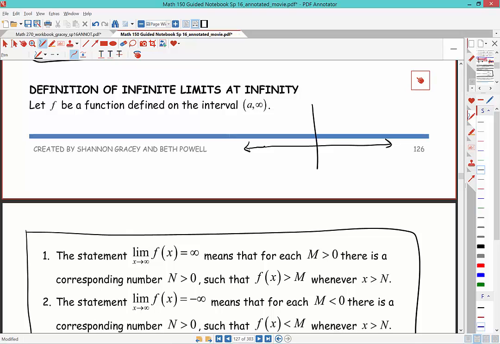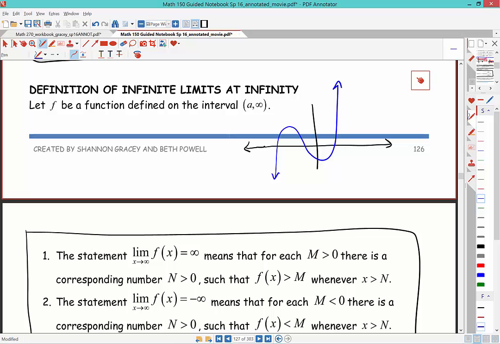So, for example, if we're taking a look at a graph like this,